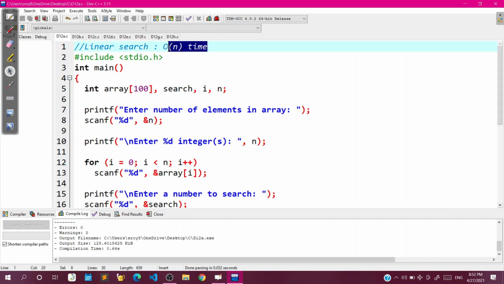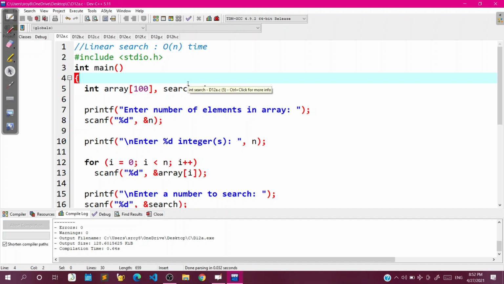Now comes the point: why do we call this O(n) time? Remember, we said that we have to run throughout the length of the array, which means I am running the program n times. So my operations are going on n times. It's dependent upon the size of the input. If the size of the input is n, I am doing calculations n times. So it's a linear relationship between my input and the execution time. In this type of scenario, we say that the program takes linear order time.